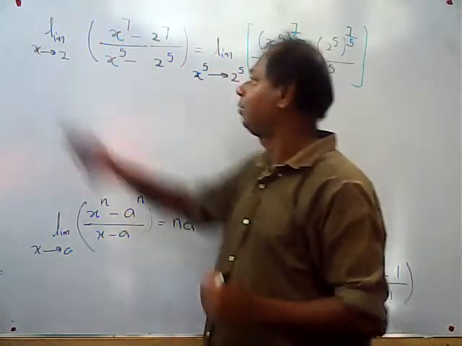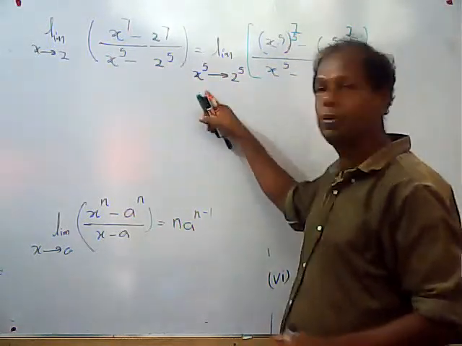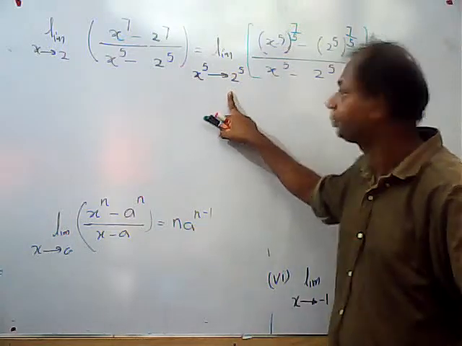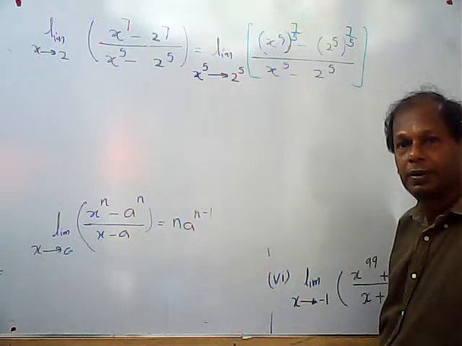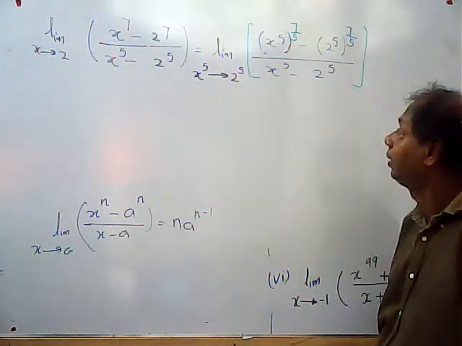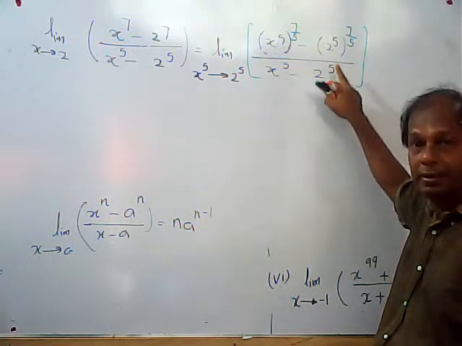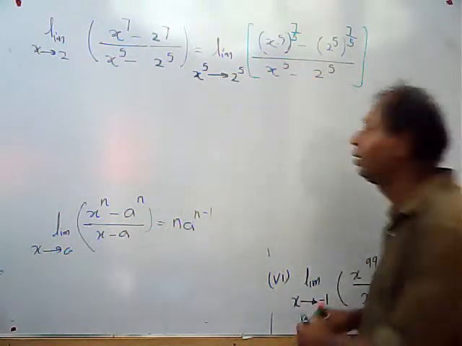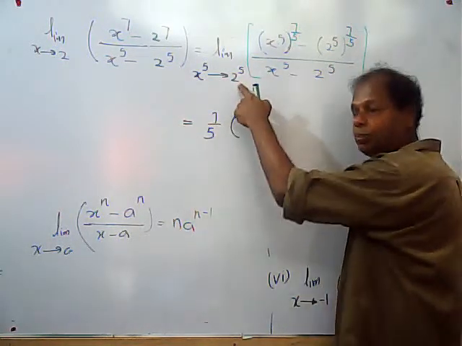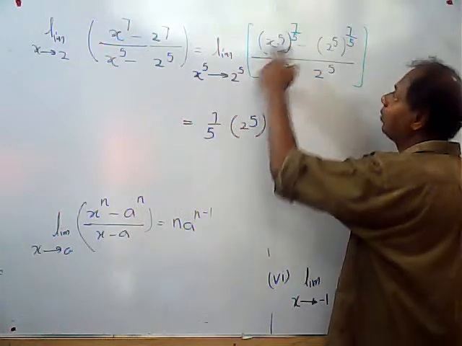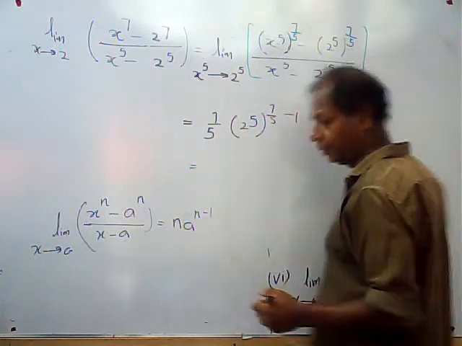We can change the limit. If x goes to 2, then x to the power 5 will go to 2 to the power 5. So we can change the limit also to x to the power 5 goes to 2 to the power 5. Now look at this. Now everything is nicely set to apply the theorem, x to the power n minus a to the power n divided by x minus a as x goes to a. So the answer is n a to the power n minus 1, with n is 7 over 5, a is 2 to the power 5, and n minus 1 is 7 over 5 minus 1. So that will be